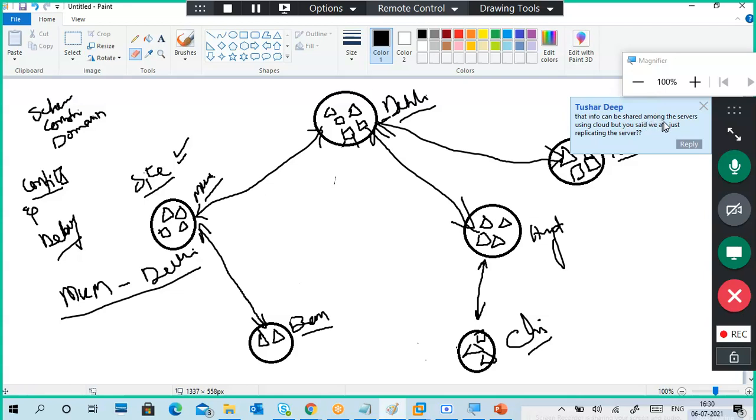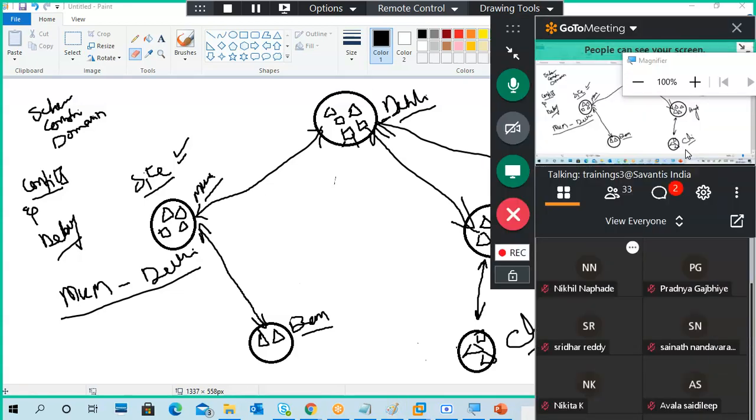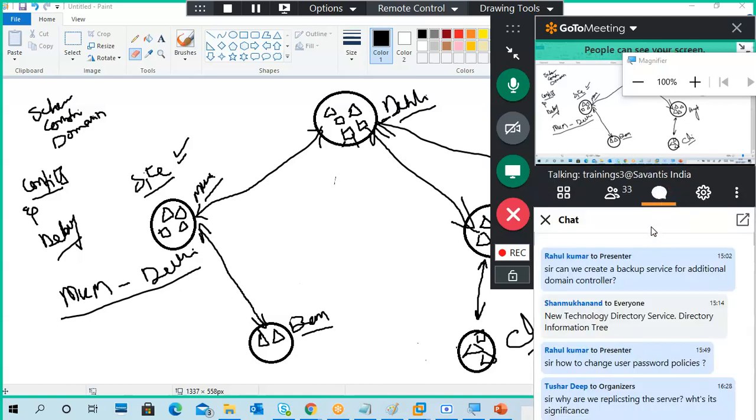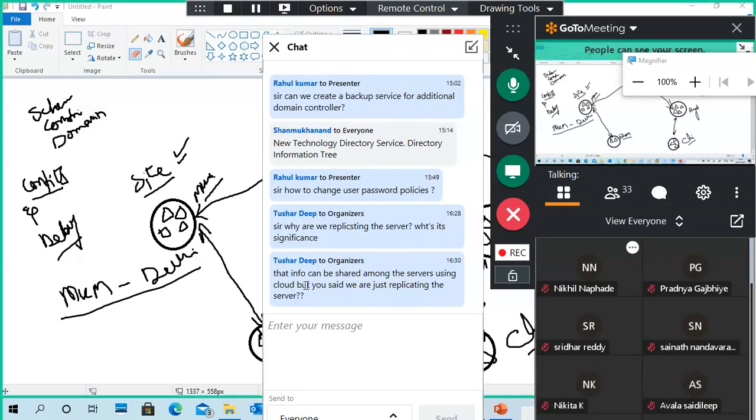So that it can be shared among the servers, cloud. Again, why did cloud come? I have to read the entire question. That info can be shared among the servers using cloud, but you said they are replicating servers. Cloud is again part of a different cloud services part.